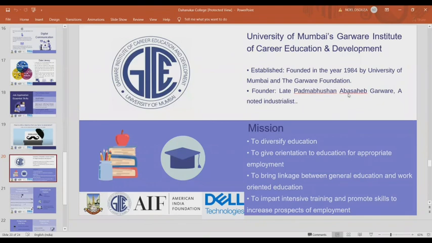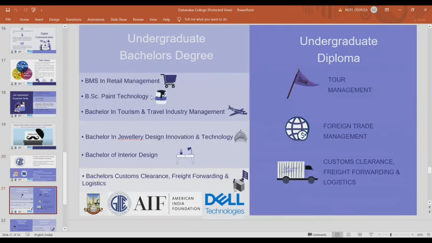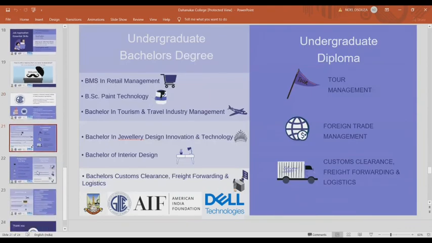We have undergraduate diplomas and undergraduate bachelor's degree programs in various fields like retail, pharmaceutical, paint. Then we have tour management undergraduate diploma, custom clearance, freight forwarding and logistics, and bachelor's of interior design.